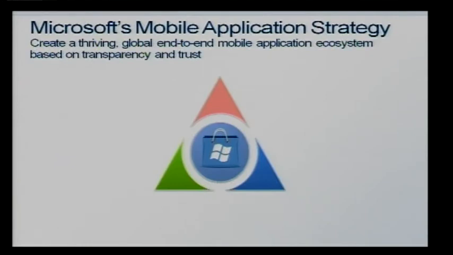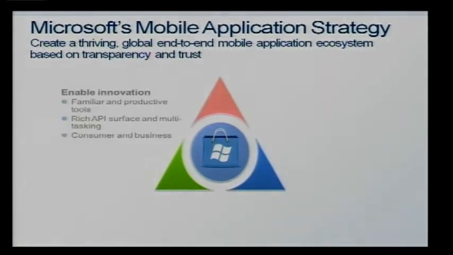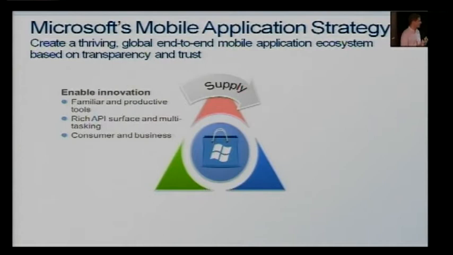So just to look at Microsoft's mobile application strategy, the headline here is really quite clear: to create a thriving global end-to-end mobile application ecosystem based on transparency and trust. And in the first part of it, we want to enable innovation for you as developers, very much looking at familiar and productive tools such as Visual Studio, rich API service and multitasking, and innovation across the audience, both consumer